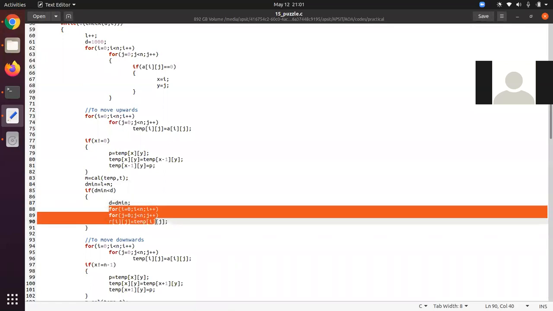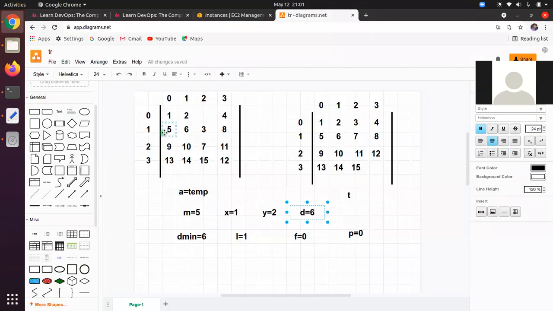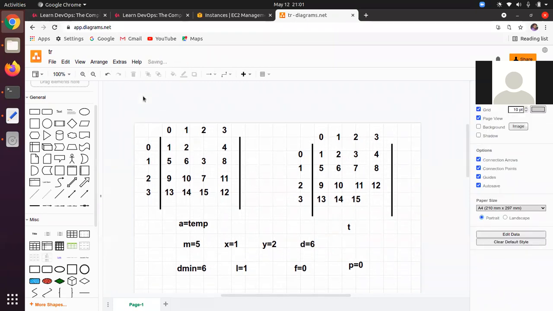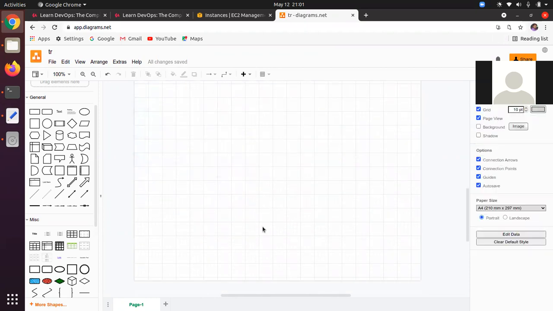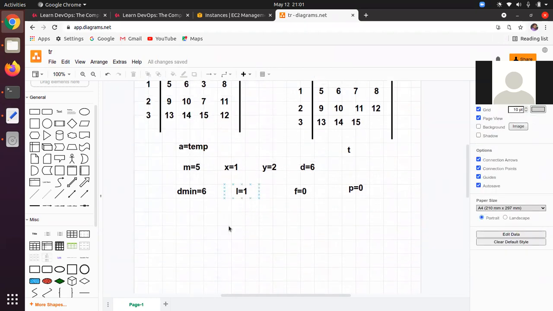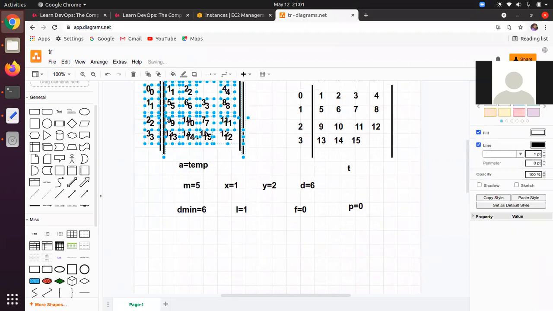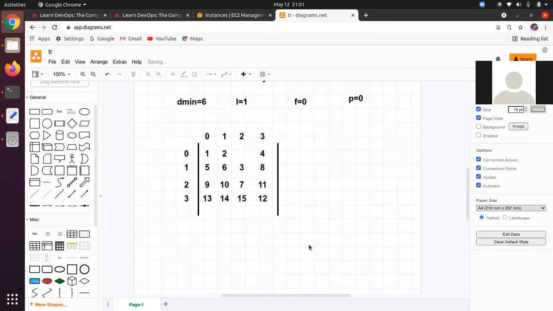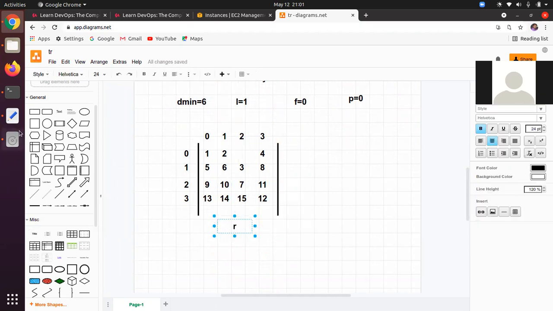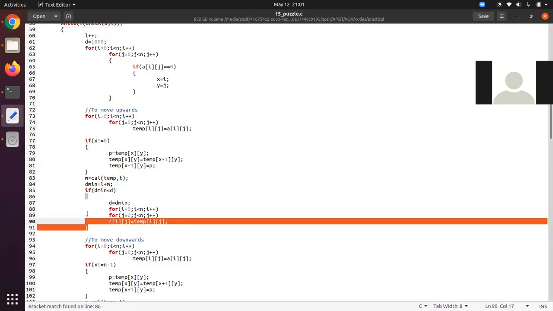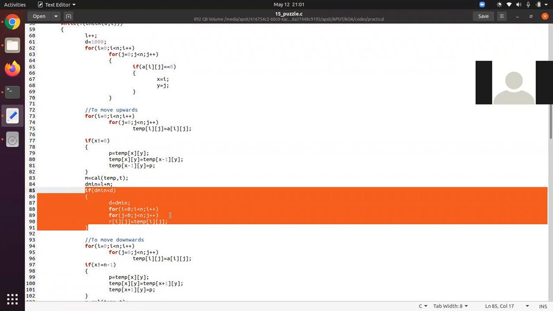Now there is a for loop. This will take this particular temp matrix into R matrix. That means we have to completely copy this temp matrix into R matrix. Let us copy this. So I have copied this complete matrix and we will get it over here. So if you're observing, we have taken this complete as a R matrix. Now this is R matrix. Okay. Now after this, we have moved it upwards.